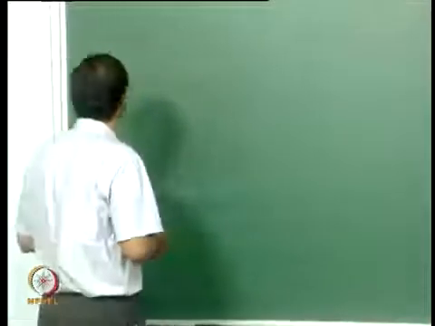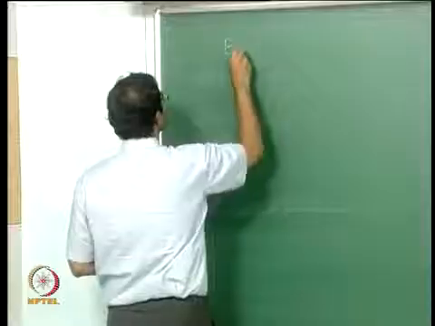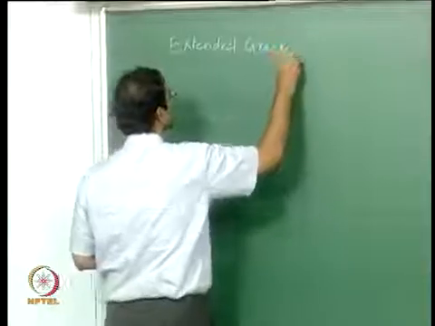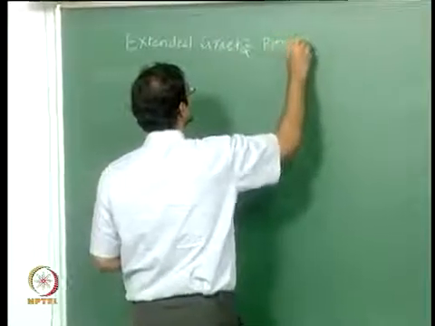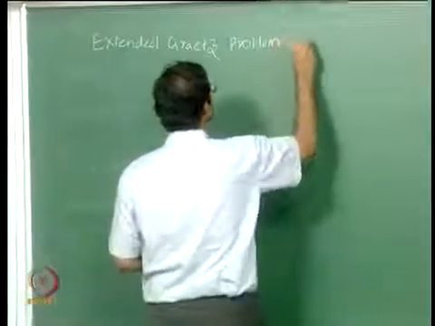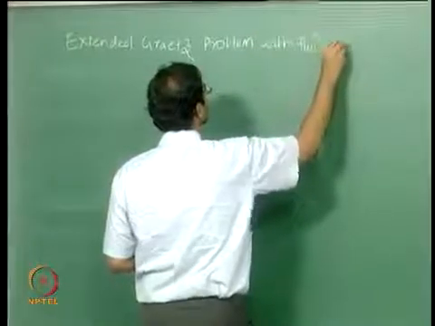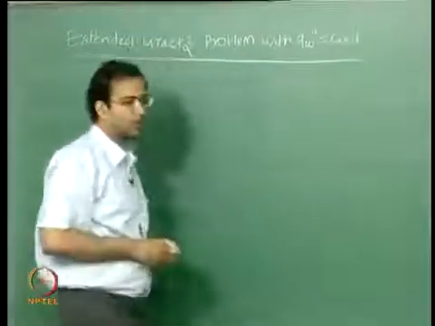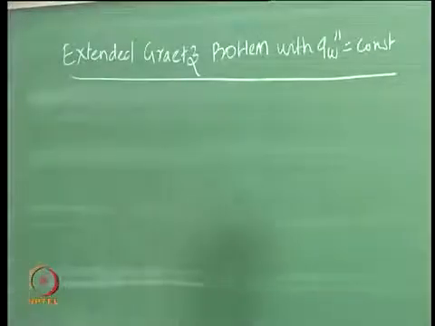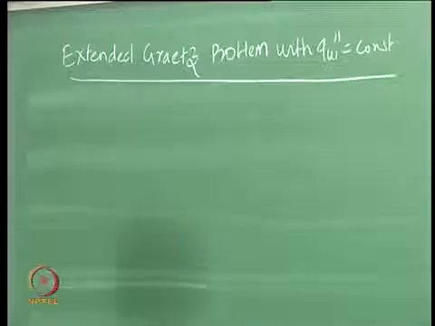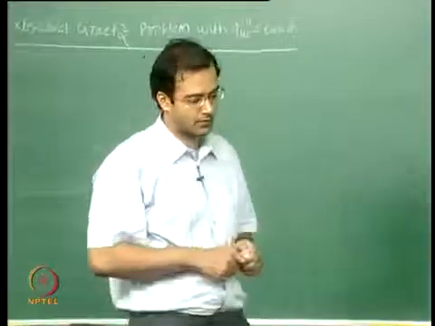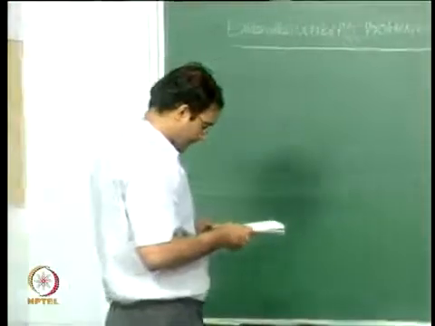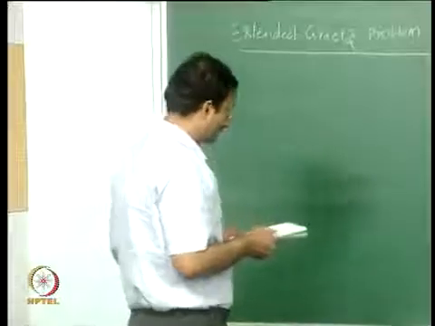condition. Okay, so we'll look at the extended Graetz problem for the thermally developing region. For the constant wall flux boundary condition, it can be with either a plug flow velocity profile or a parabolic flow velocity profile. If you take the case of, for example, a plug flow kind of velocity profile, you